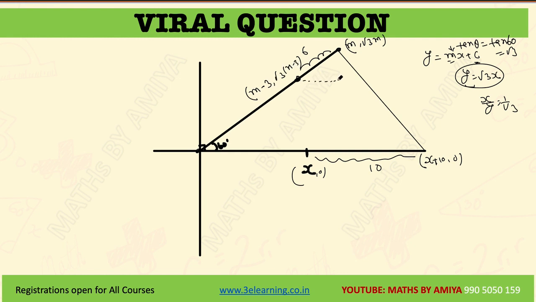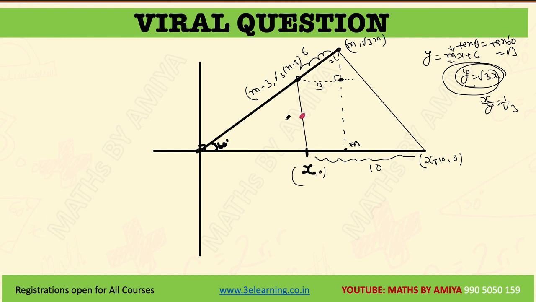Now you can ask how this one is m minus 3. If we draw a perpendicular line for this, take this one as 90 degrees. In front of 90 we have 6, so in front of 30 we have 3. At this axis, the x coordinate is m. So 3 units before m is m minus 3, and the equation of the line is y = root 3 x. So this one is (m - 3, root 3 (m - 3)). Let's join these two points. Now we have all the coordinates.